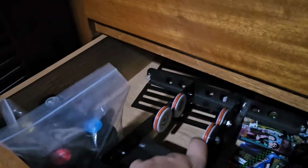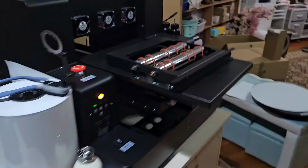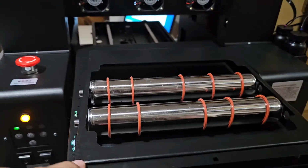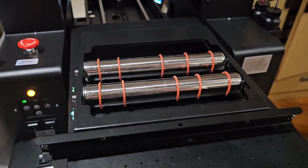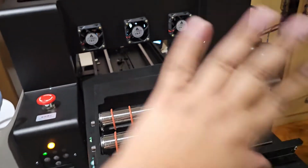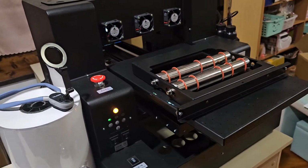This one right here is to print on mugs. This one right here is to print on pens, if I wanted to print logos and stuff on pens. And of course, this one is to print on actual longer cups. But all of this was included for that $1,800, and of course it ended up being around